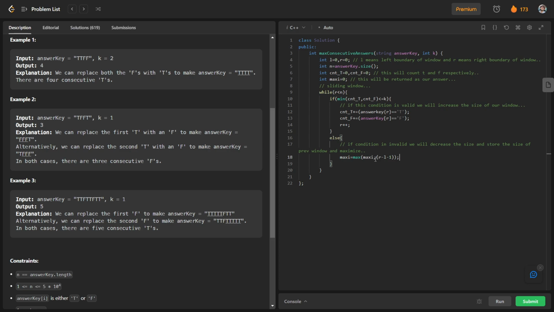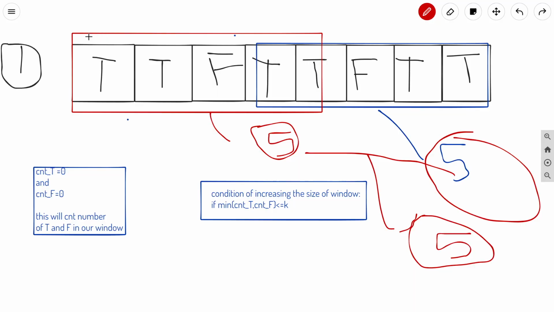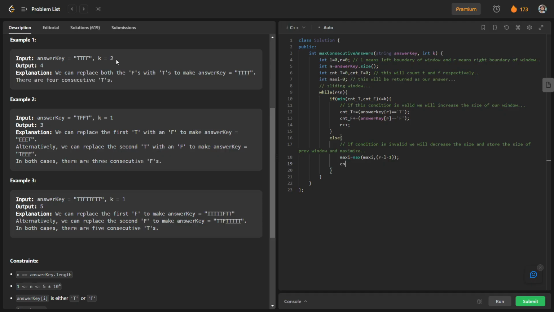Okay, and we will just decrease the size of our window. You can see that I have shown here that to decrease the window, we will increase the value of L and move the leftmost boundary forward. So we will decrease the value of count t or count f with answer key.